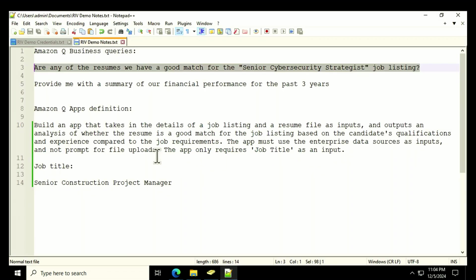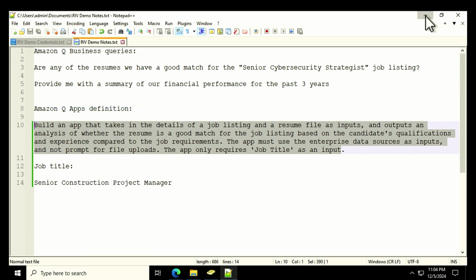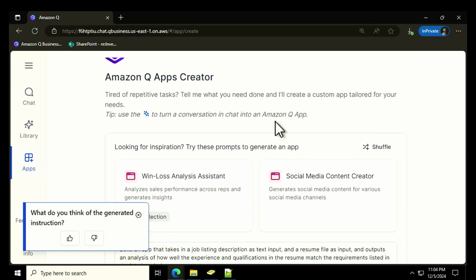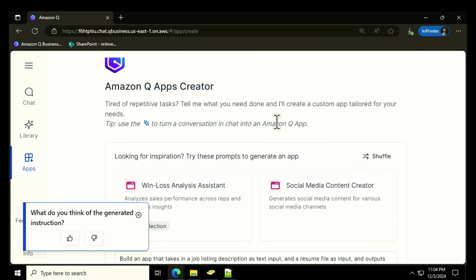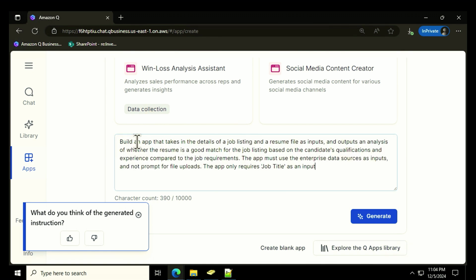I'm going to copy this block of text in while we wait, and I'll explain in a second what it's for. So here's our Amazon Q Apps Creator. If we scroll down, it says, build an app that takes in a job listing description as a text input and a resume file as an input, and then perform an analysis of how well they match, right? So I'm just going to tweak it slightly. I'm going to paste in that value that I copied, and what I've changed here is